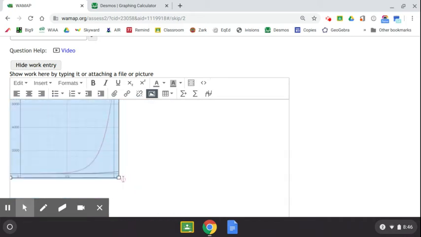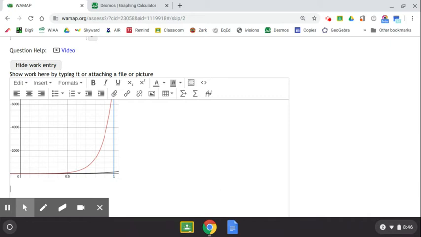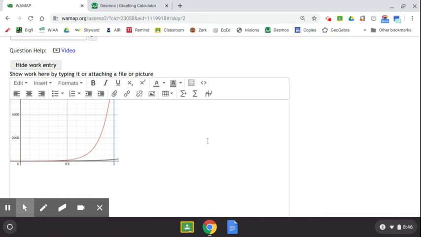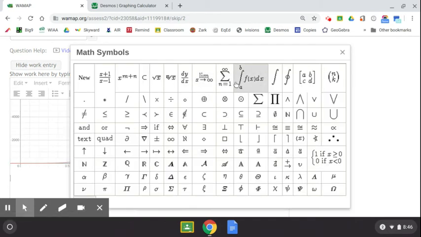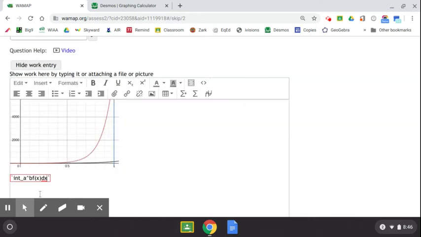My decision then is going to be, I'm going to integrate with respect to the X's. So kind of the top minus the bottom, that's where my little Riemann rectangle is going to fit in there. And so for my setup, I can come in here and say, give me some math symbols. And conveniently, this is already in there. Now I know it was the integral from a to b, and there's some weird notation in there, but I can see that my a, I want to be a 0,